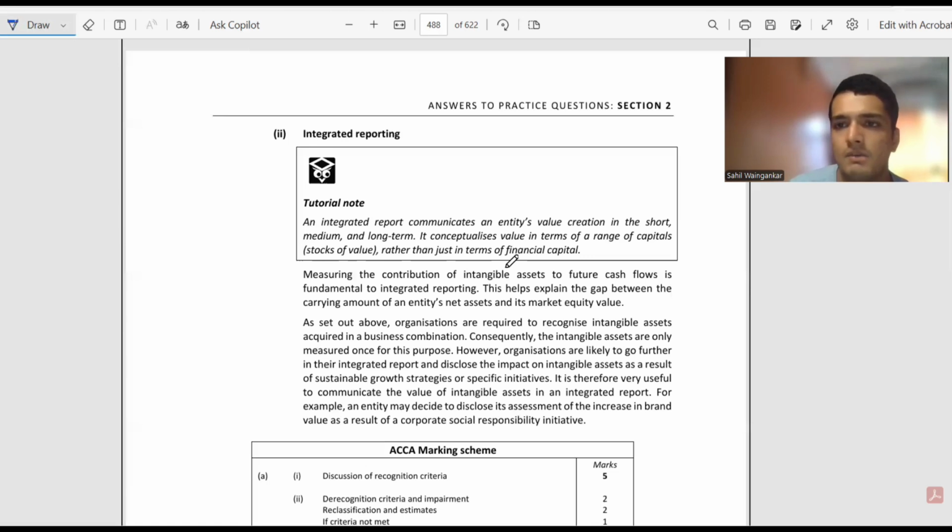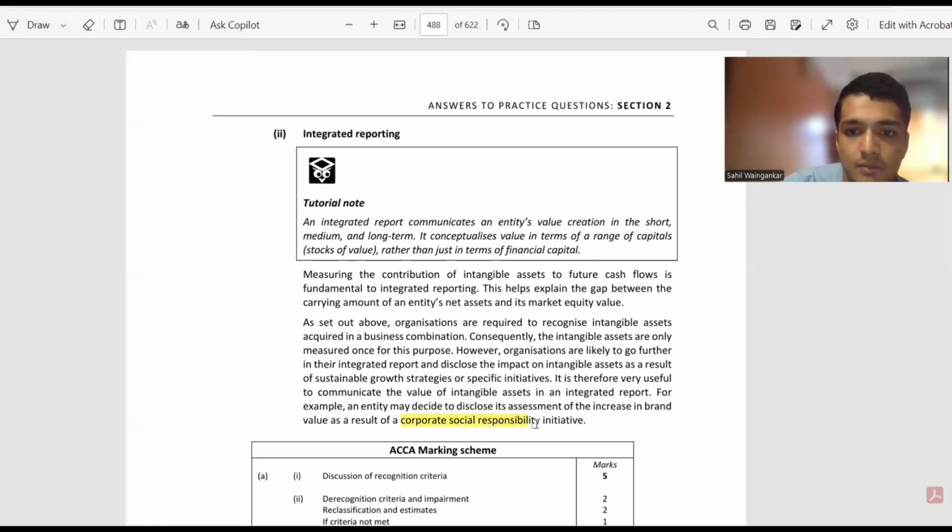मतलब वही जैसे कि आपने बोला फ्यूचर एंड ग्रोथ के ऊपर. It is therefore very useful to communicate the value of intangible assets in an integrated report. For example, an entity may decide to disclose an assessment of the increase in brand value as a result of a corporate social responsibility initiative. Right. हमने जो corporate social responsibility CSR कंपनी को फुलफिल करना रहता है तो उससे कई बार ब्रांड की वैल्यू बढ़ जाती है। तो अब ये चीज हम लोग फाइनेंशियल स्टेटमेंट्स में नहीं बता सकते, आईएफआरएस के अंडर ये चीज कहीं पे नहीं डाल सकते।